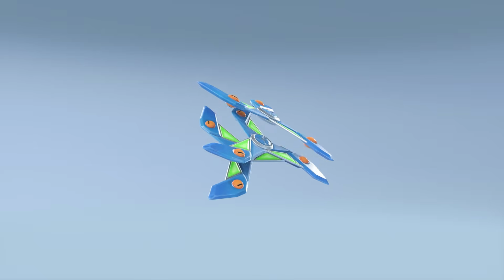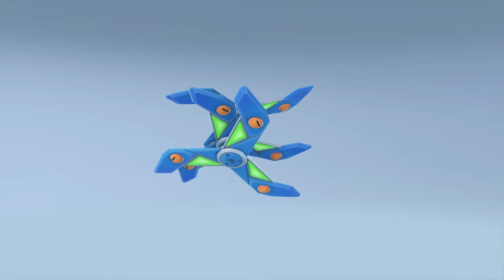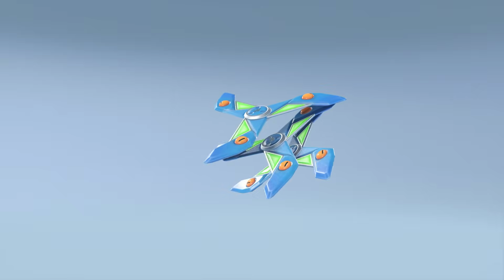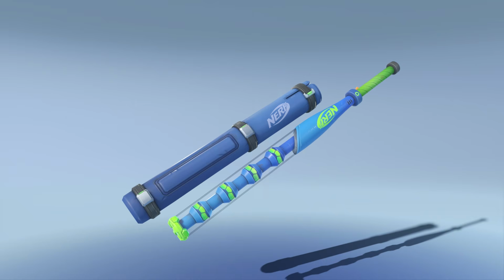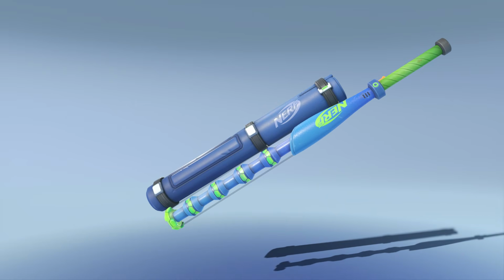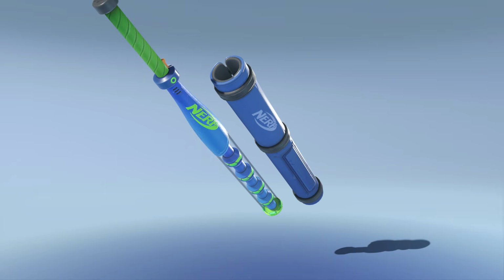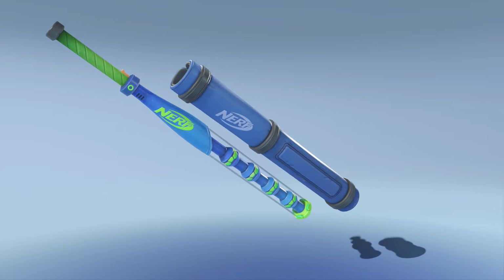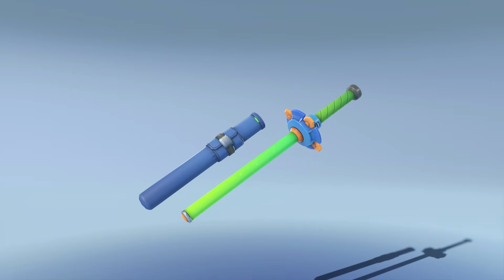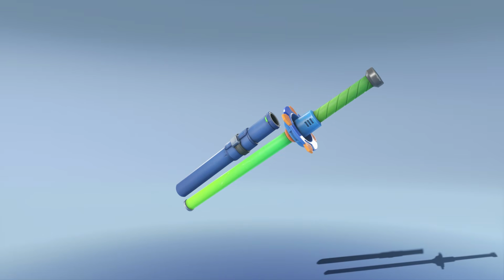Alright, so surprising there's no sort of Nerf logo on these. Oh, there is an N. I can actually see an N right there. Then we have the big bat. Oh my god, he's actually going to carry an entire bat around him all the time now. Interesting. And then finally, we have the other blade, which is the...